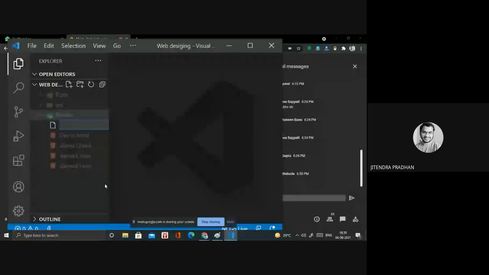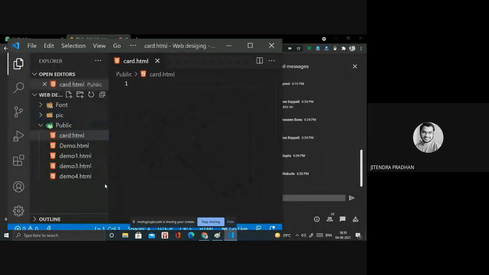For the name, I will give card.html. What does a card mean? Have you observed that on any shopping website like Amazon or Flipkart, there is a heading part that mentions what you are purchasing, like a shoe or a dress, whether it is for gents or tops.